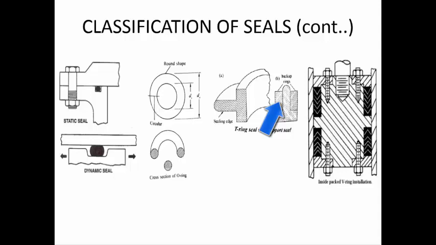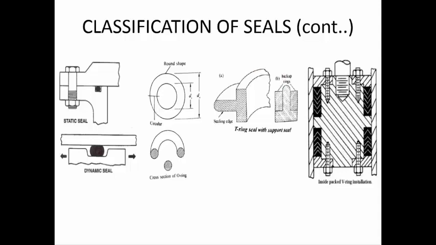It may be made up of fiber reinforced polymers or it may be made up of metals, and you are tightening them and placing them over here. So you are having only a small surface which is exposed and which will be moving against the cylinder, or it will be creating some dynamic arrangement. So you can use it as a dynamic seal. This is how a T-ring seal is used.